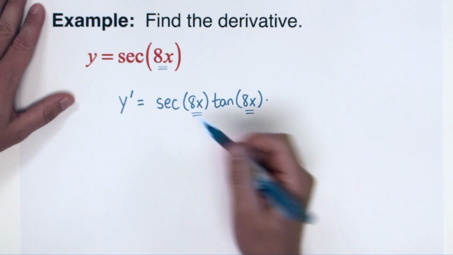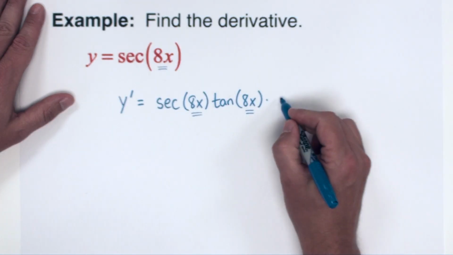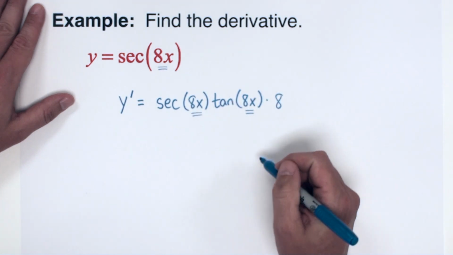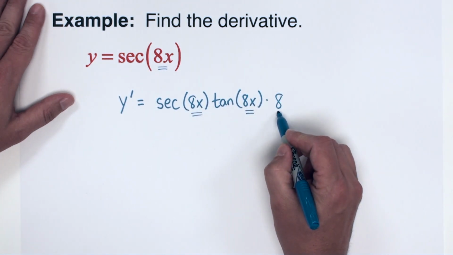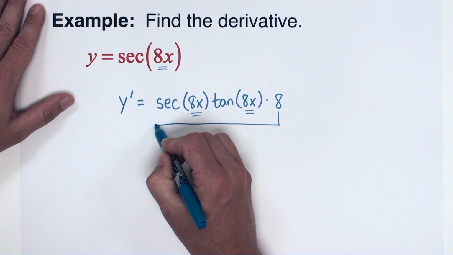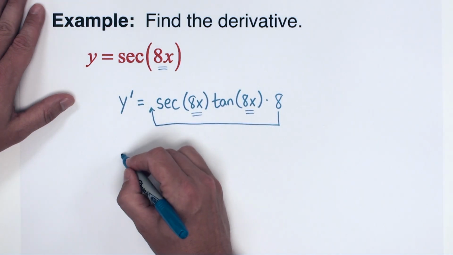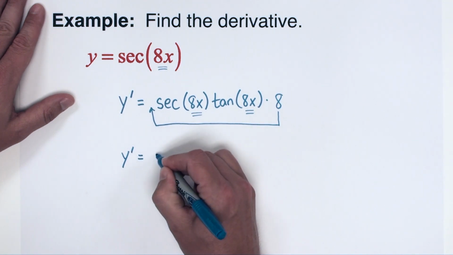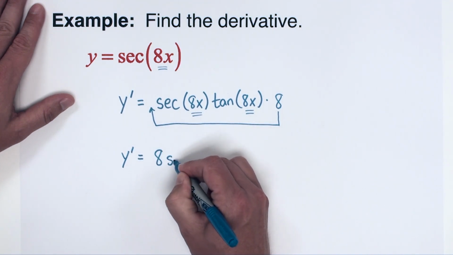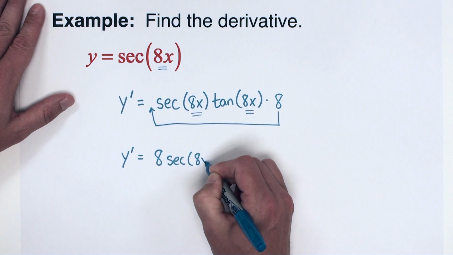And now we're going to multiply by the derivative of 8x, which is 8. If you like, then what's very common again is just take that constant factor and move it out to the front. So y prime equals 8 secant 8x